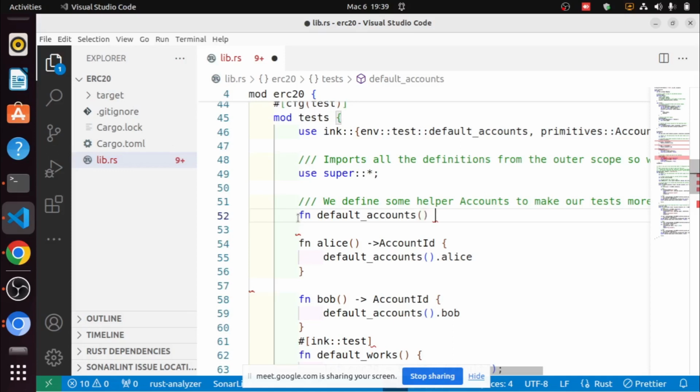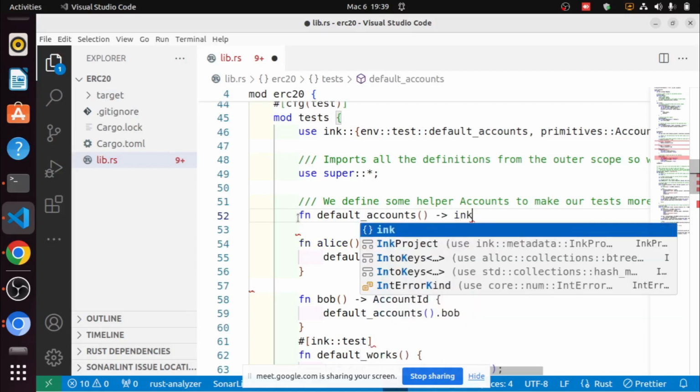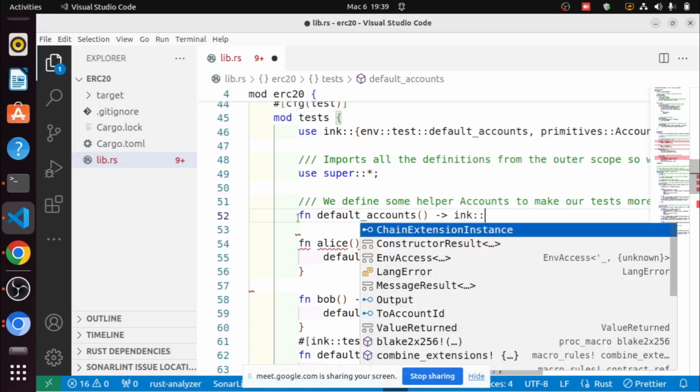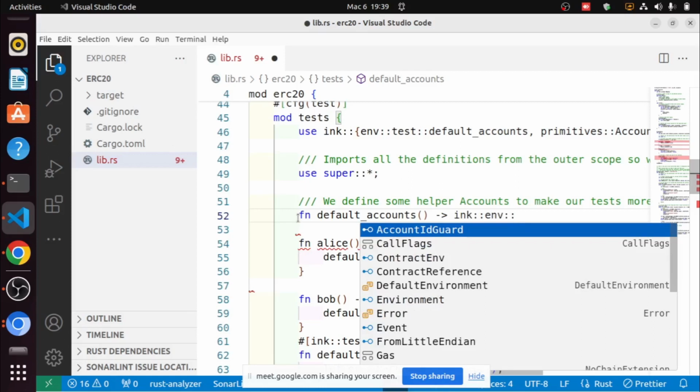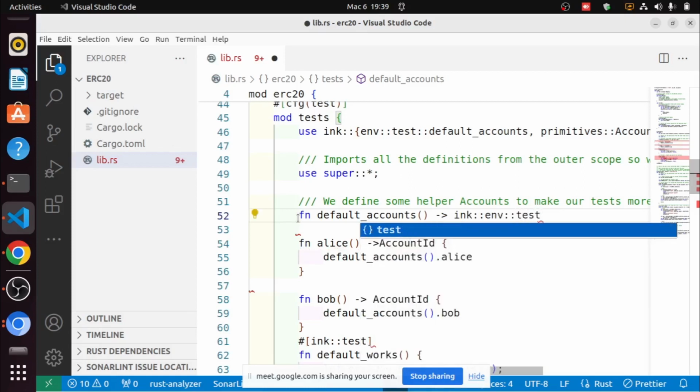I will return ink environment variable test